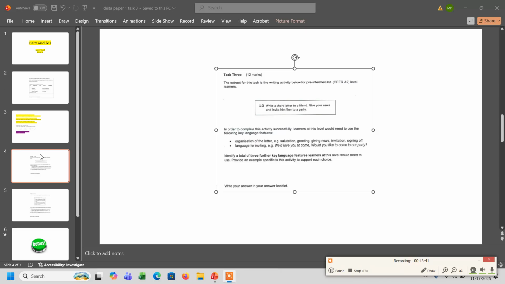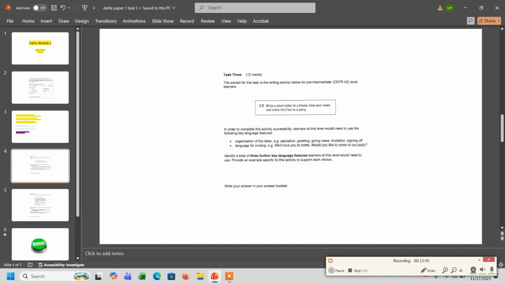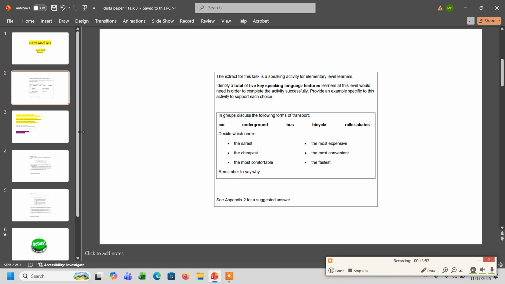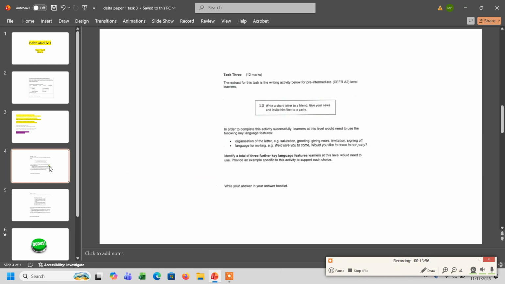In the previous case, it was elementary level student, but here this is pre-intermediate A2 level student. And also analyze the skill. The first one is speaking, so I included a lot of speaking discourse markers, and for this one, this is the writing activity. So you have to think of the writing things,